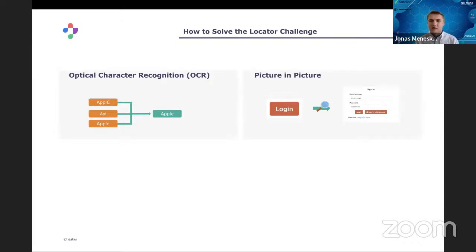They have to be the same for finding the element. What I also mentioned in the beginning, which can help, is relations, and even a combination of optical character recognition and relations. For example, if you would say type test in a text field below email, you would look for a text email on the screen. You could actually look for it visually, and then try to find the text field. And then it would find this text field and type it in, like in any text field under the email or in the nearest one, it would type in test. And so you make sure that, independent of the underlying technology used, you can still find the element and locate it correctly.